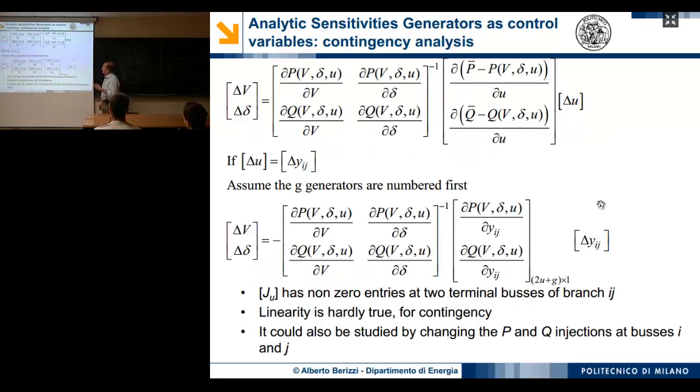This is a further case. Maybe this is more difficult because in this case it's more non-linear. You can, for example, use as vector delta U the admittances of branches. So you compute, in other words, how voltages and angles change if you change the admittance of a line. Why can this be useful for you? Because if you